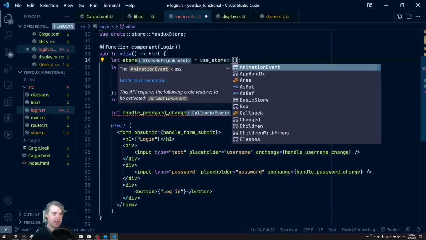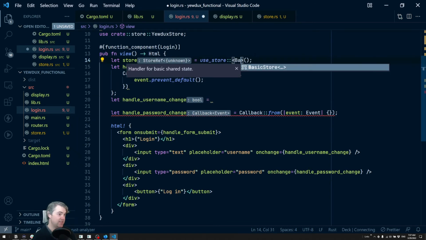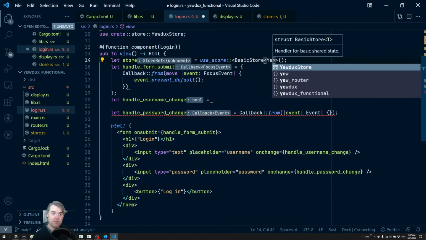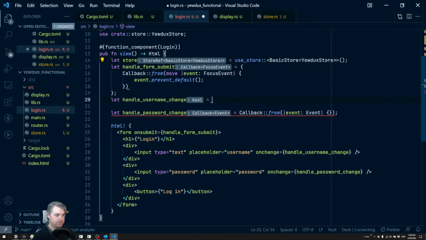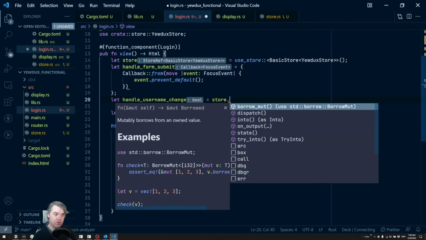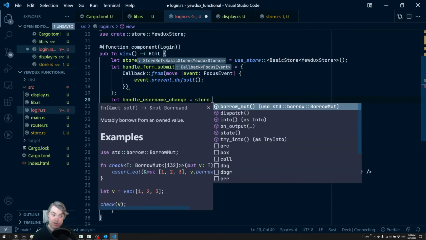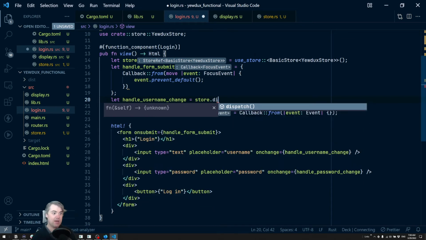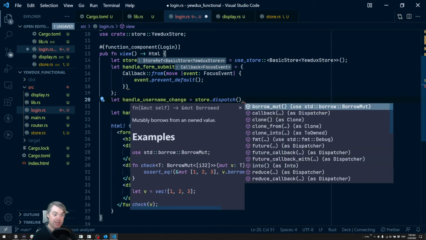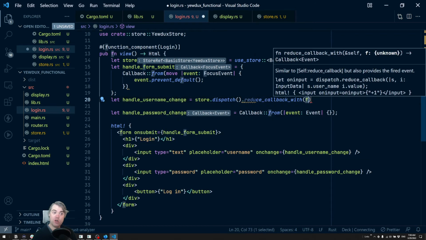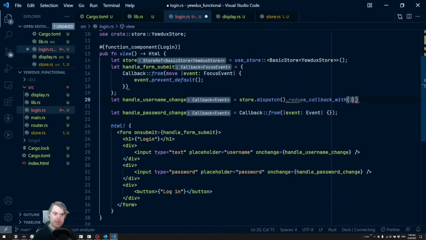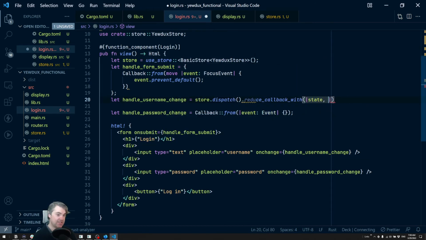We give it the type, which in this case is a basic store, Yewdux store. And now we're going to do store dot, we don't have to do state, we do a dispatch. And now from here, we can do a reduce callback with, we're going to get the state, and then also we're going to get,